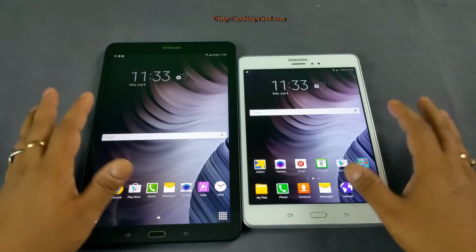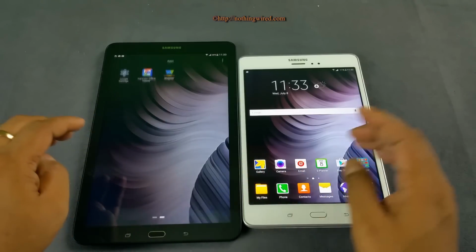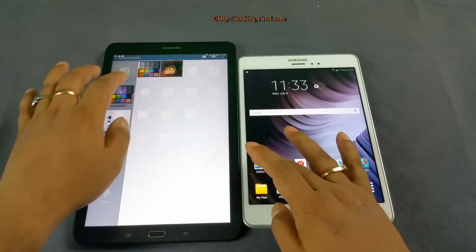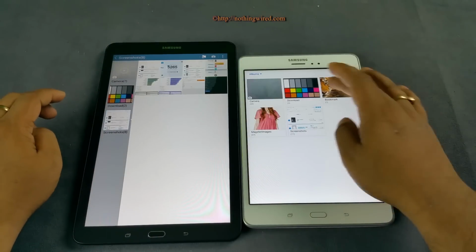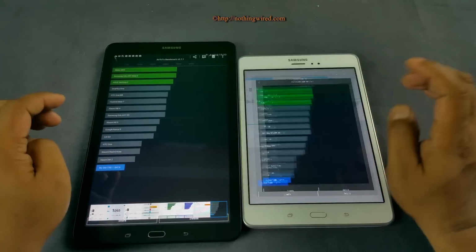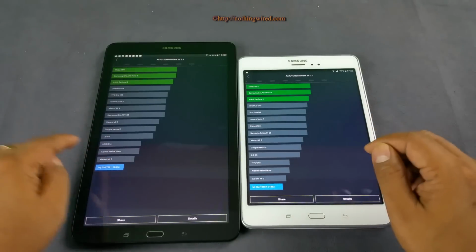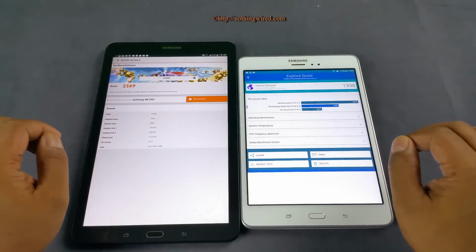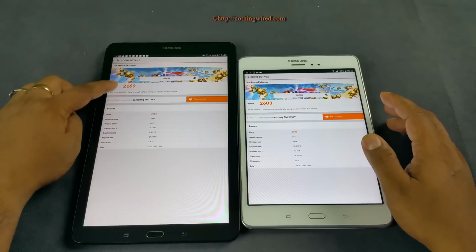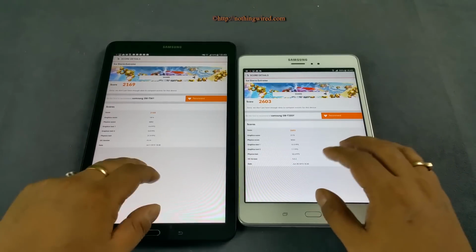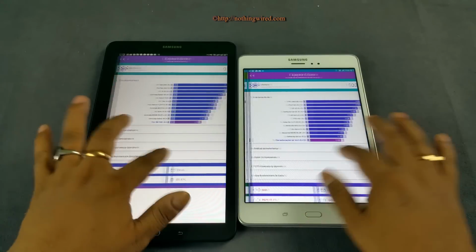So that was a quick overview comparison between the Tab E and the Tab A. The last one we have is benchmark testing and benchmark comparison. So let's go and check out the benchmark here. We have Antutu, this one's 21,863, 18,416, so more on this one. And then we have the 3DMark score. Again, this one slightly more than the 2169 on the Tab E. And then Multicore here, again more,